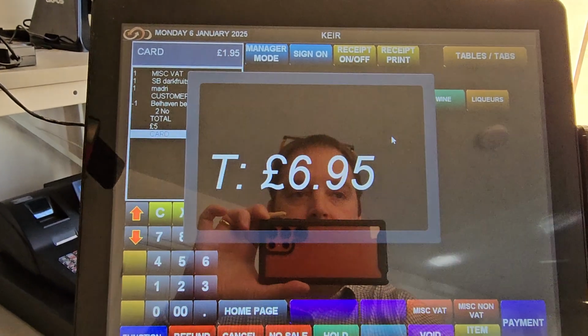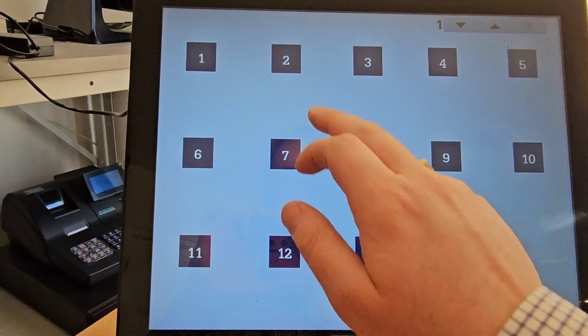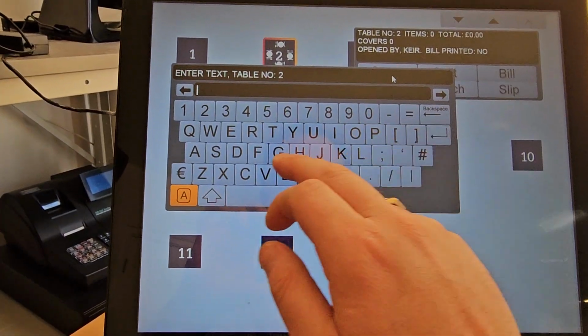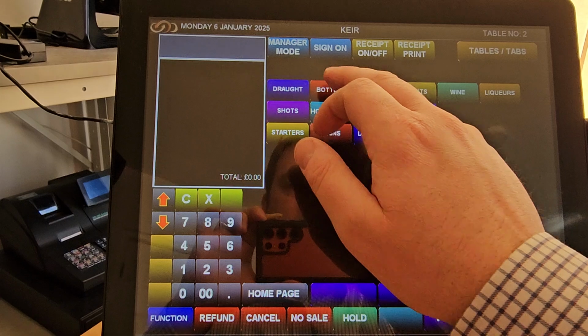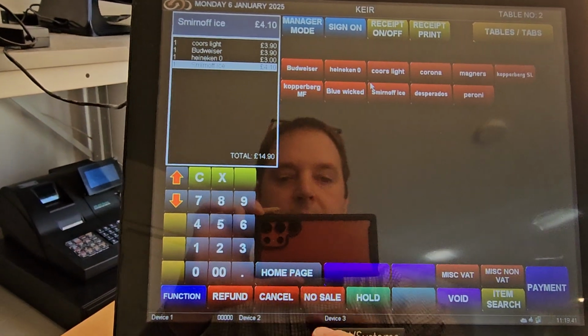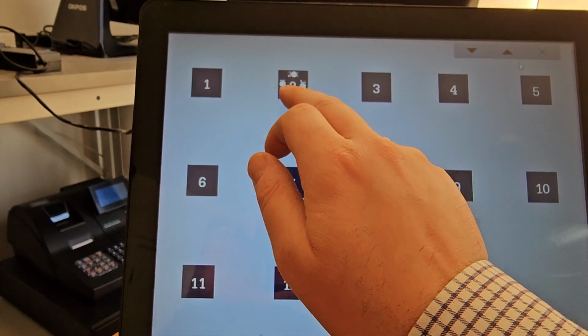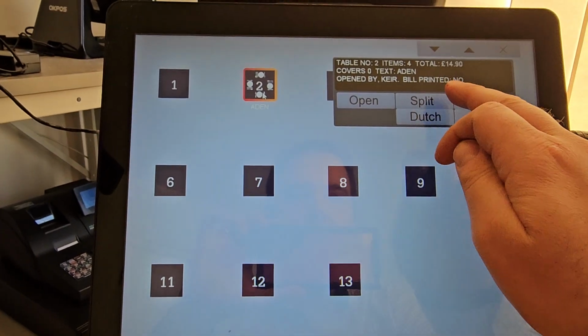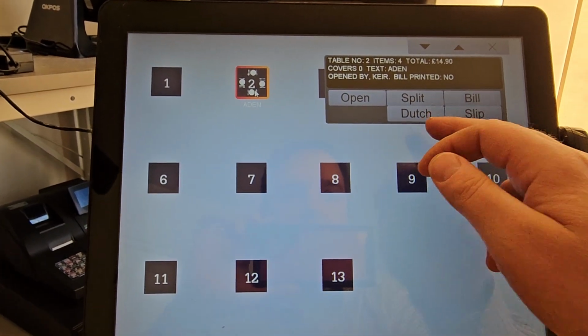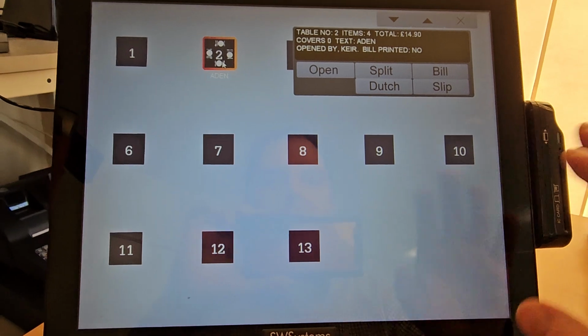So that's split payment. With the tables and tabs, you've also got the ability to key in items on a tab. You can press hold, and then in tables tabs you can see it says it's active with Aiden. You can also split the bill or go Dutch, so Dutch split it either 2 ways, 3 ways,